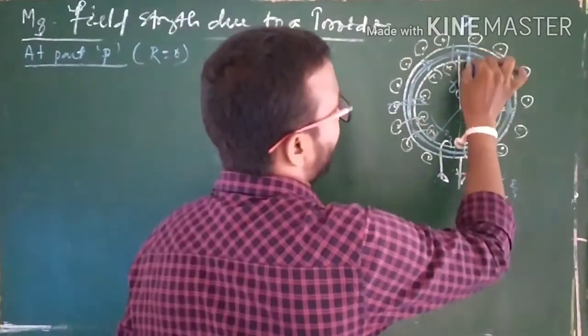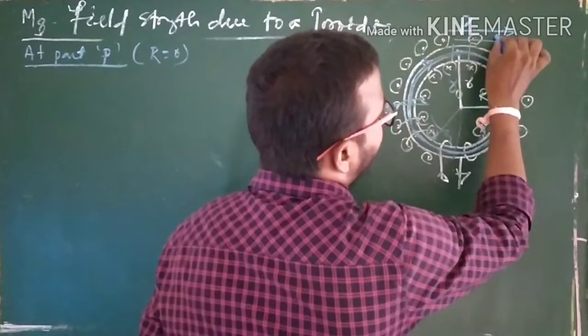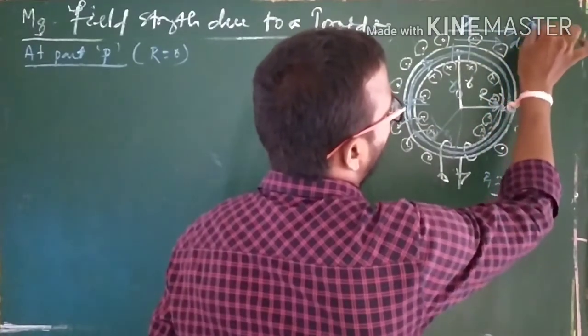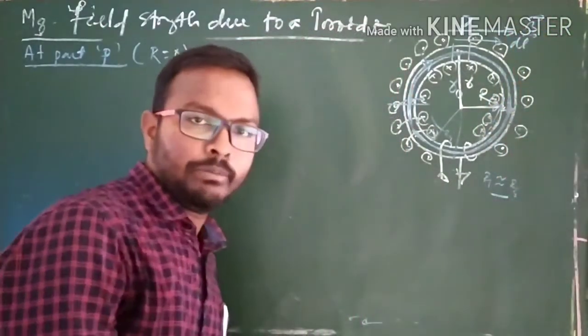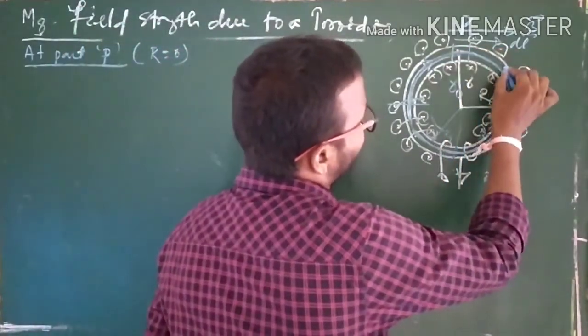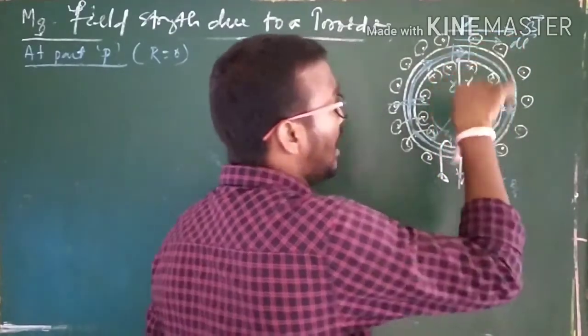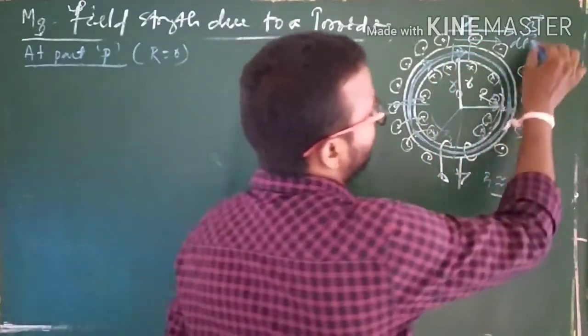If you choose this point, this is the direction of the magnetic field, and this is the direction of the dl element. What is the dl element? The length element. The direction of the length element is along the direction of the Amperian loop. Because we chose this as the direction of the Amperian loop, and this is also the direction of the magnetic field here. So theta is